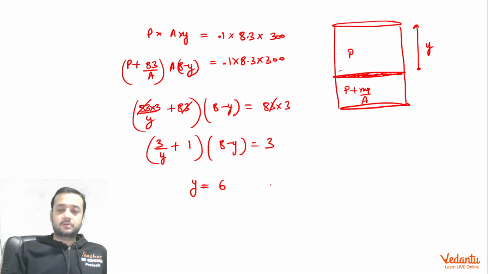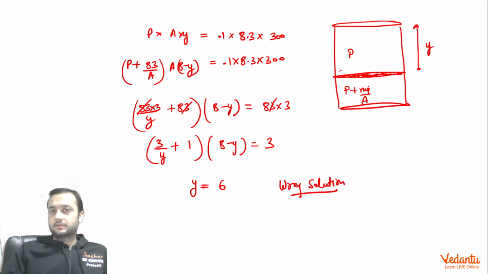But of course, this is a wrong solution. Why is this a wrong solution? Because as I said, we have ignored the work done by gravity, which is of course not right. Now, before going back to the correct solution, let us think about why this question is interesting. If you think deeply about this question, what is that single fact which might have intrigued, or which might have confused some of the good students in the exam? Let's see a spring block system to understand that.